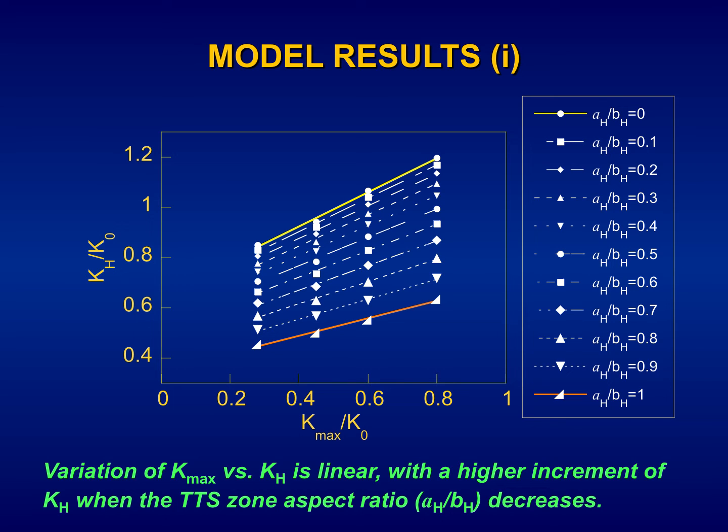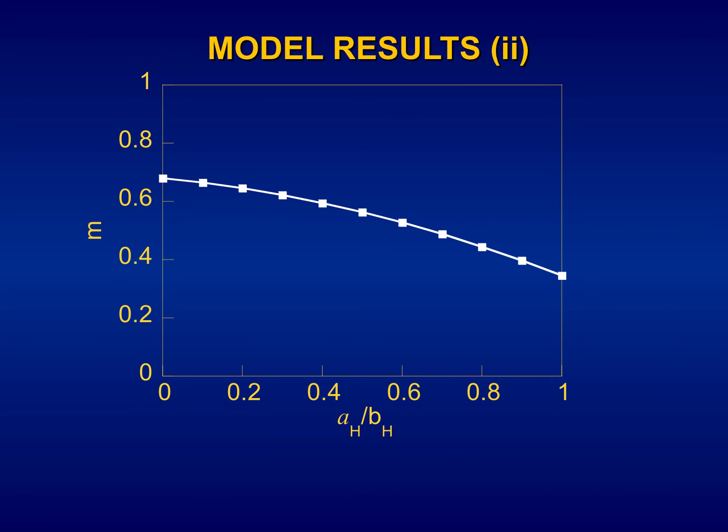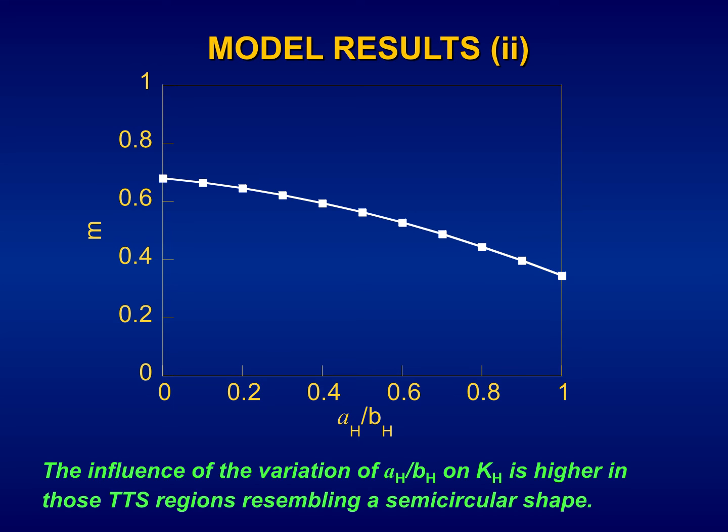Variation of KH as a function of Kmax is quasi-linear, or linear, with a higher increment of KH when the TTS zone aspect ratio, AH to BH, decreases. Again, we have a decreasing trend with the crack aspect ratio of the hydrogen-assisted crack. The influence of the variation of AH to BH on KH is higher in those TTS regions resembling a semicircular shape,